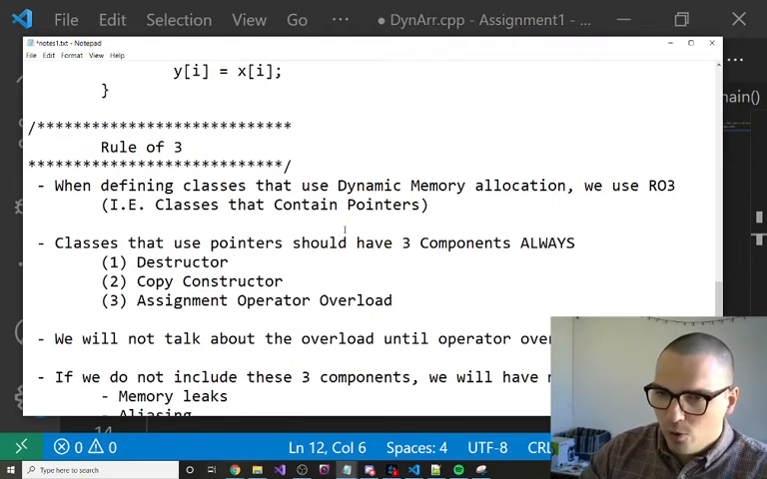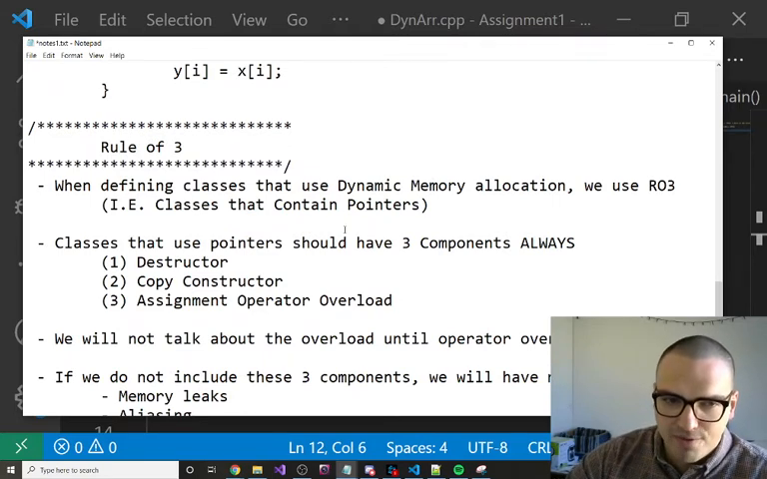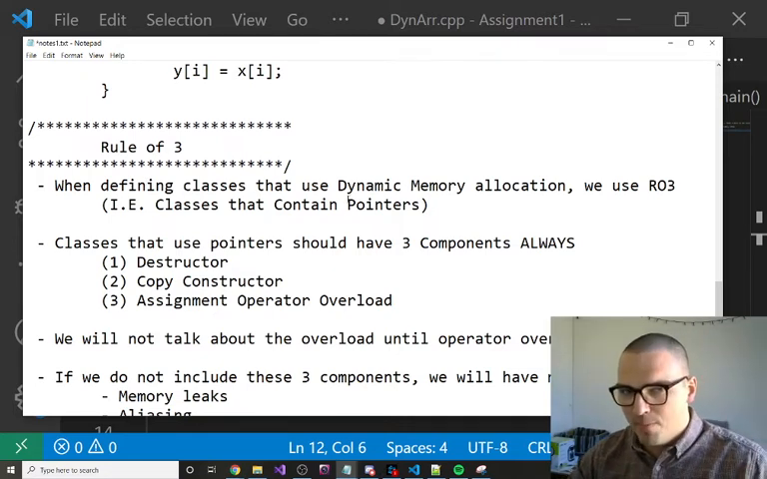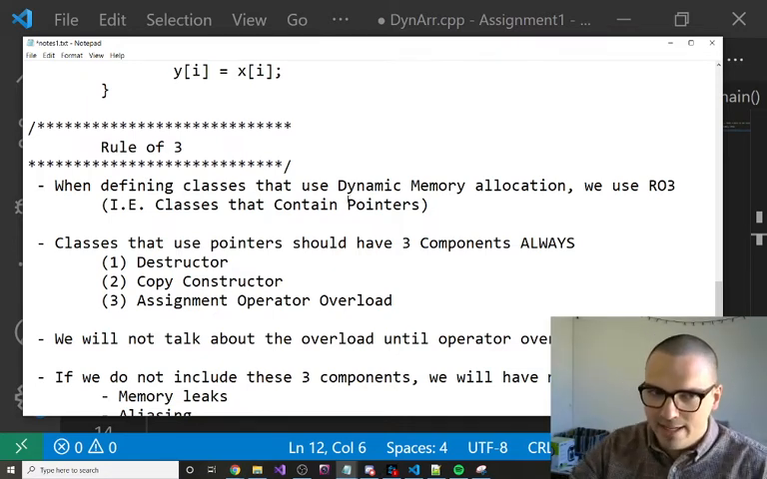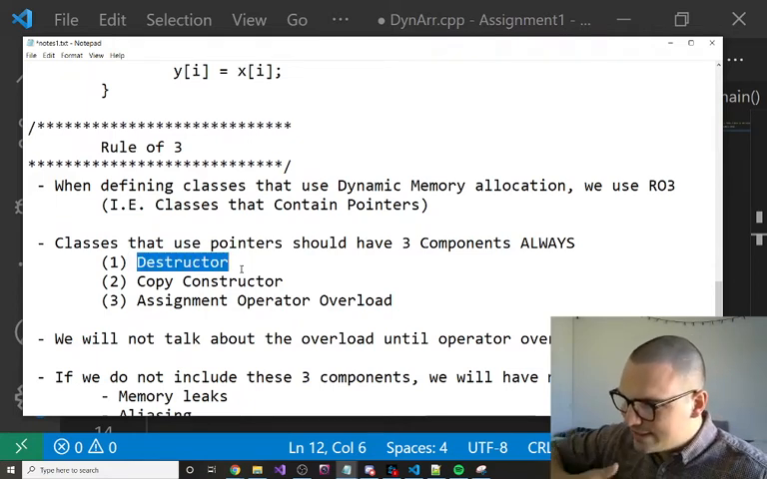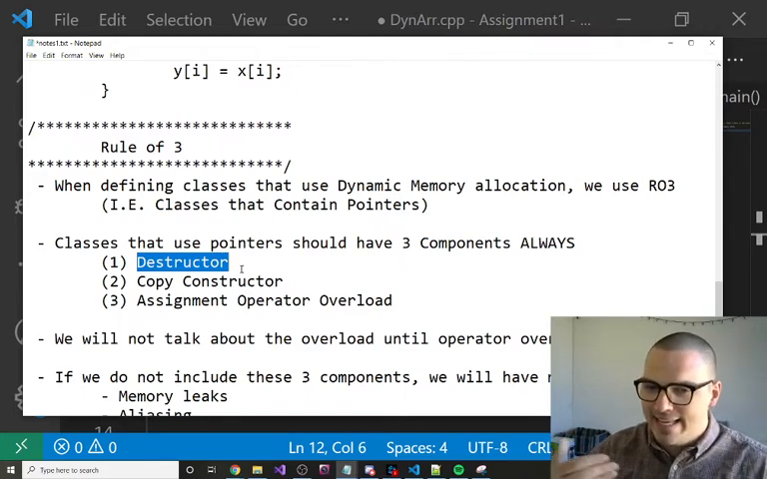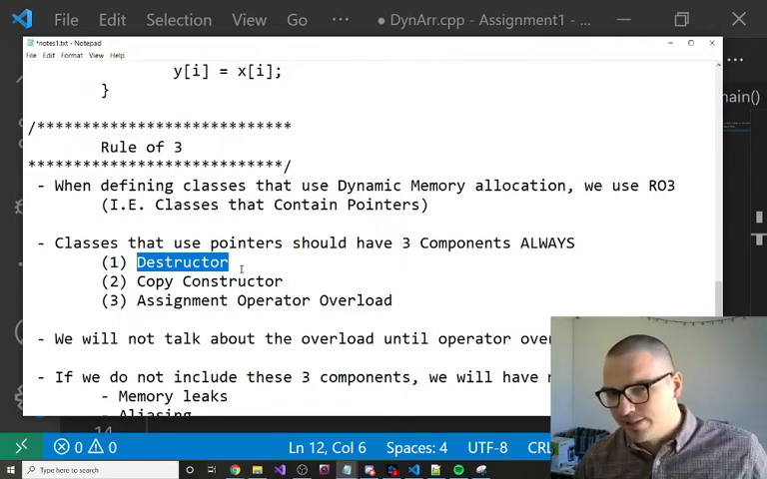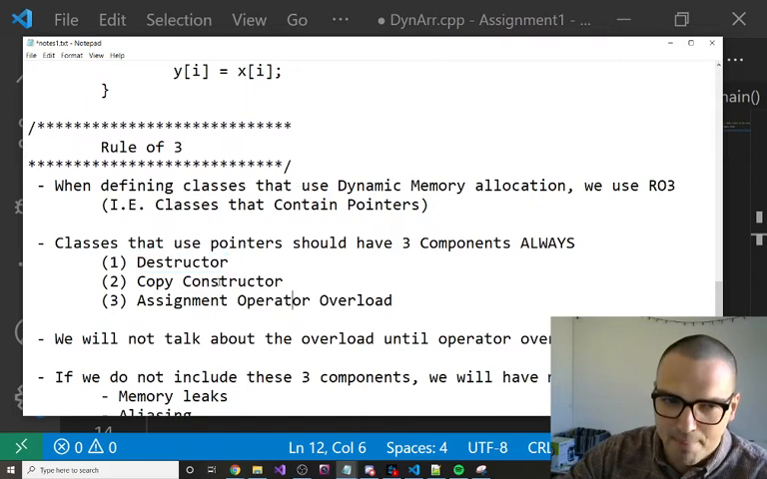And then we talked about the rule of three, so we'll kind of review that today. But whenever we're making a class that has a pointer in it, we need to make sure that that class has three things. One of those is a destructor. And the destructor is used to deallocate the memory at the end. You know, when that object goes out of scope, we're going to want to deallocate that memory so there's no